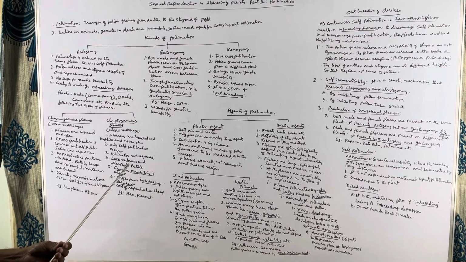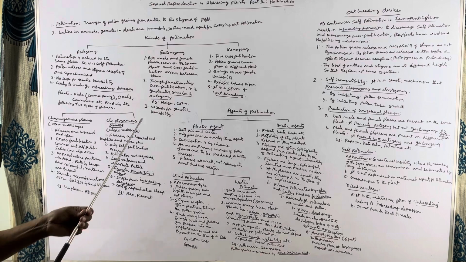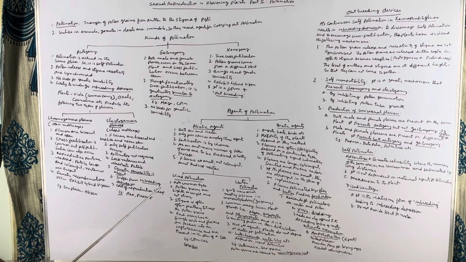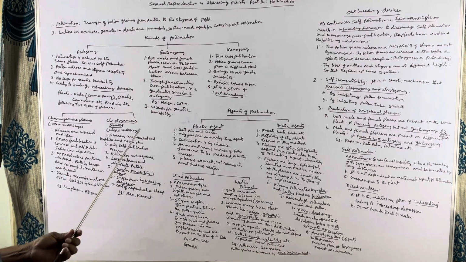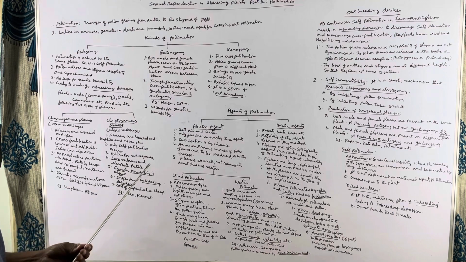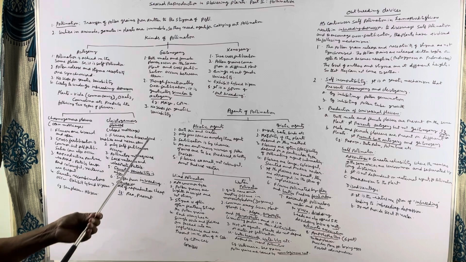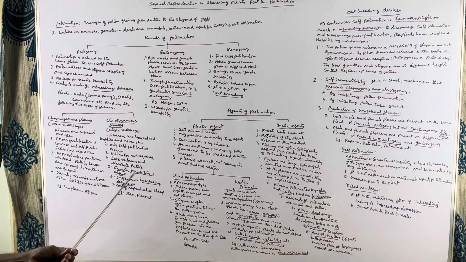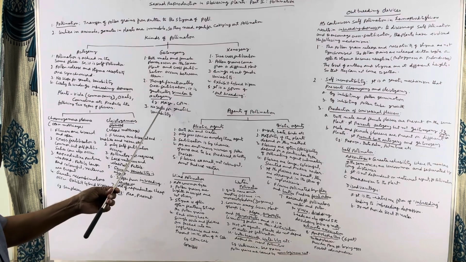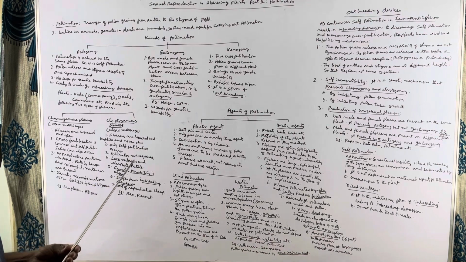Technically, we can call it cross-pollination, but genetically, it is similar to self-fertilization or autogamy because the pollen grains and the ova come from the same plant. And in this type also, there is no scope for genetic variability. And these plants also are likely to suffer from inbreeding depression. Example, maize, corn, etc.